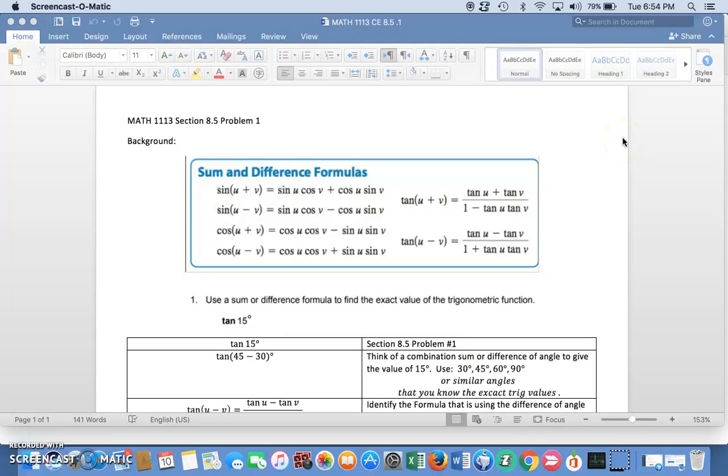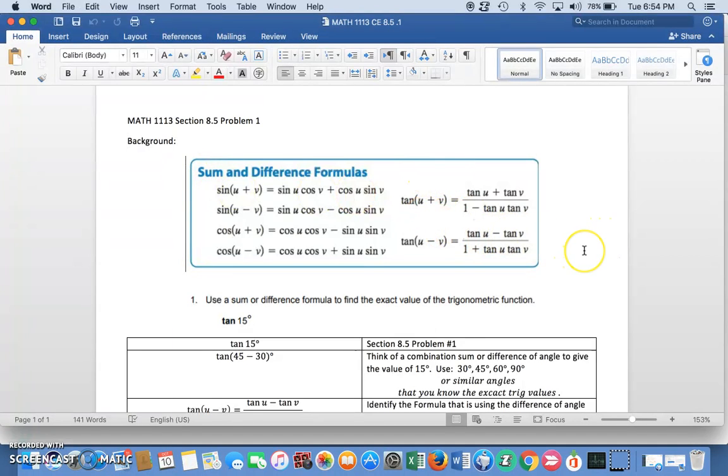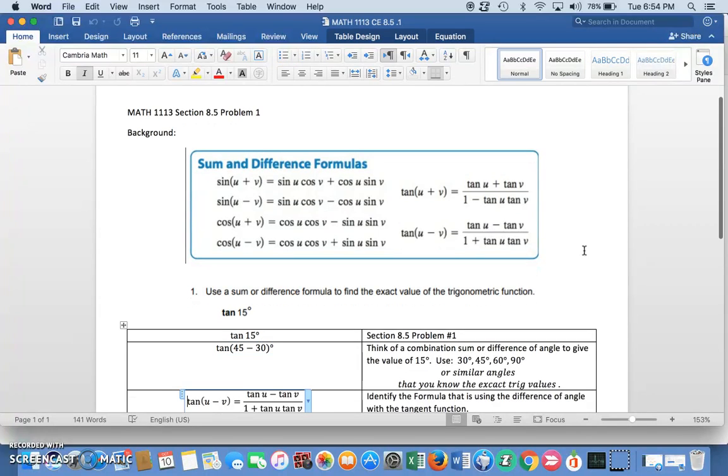Okay, this section is 8.51. It's dealing with the sum and difference of angles. These are the formulas that are involved. Number 1 says to use the sum or difference to find the tangent